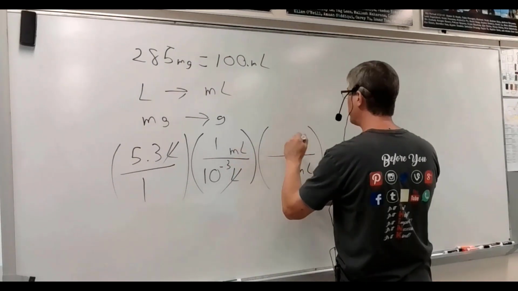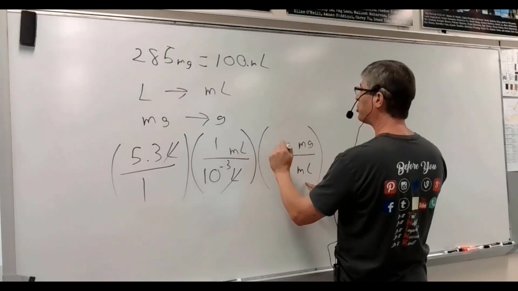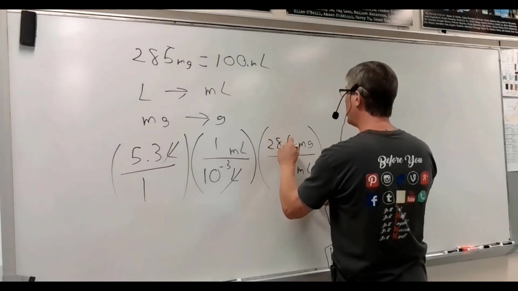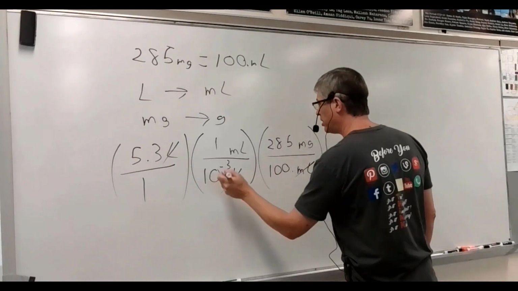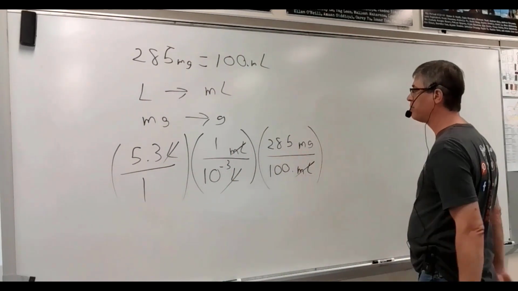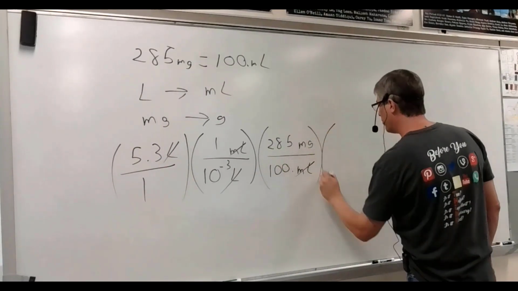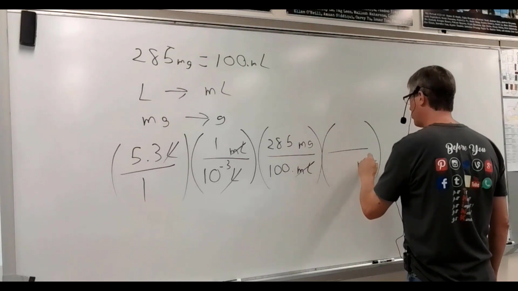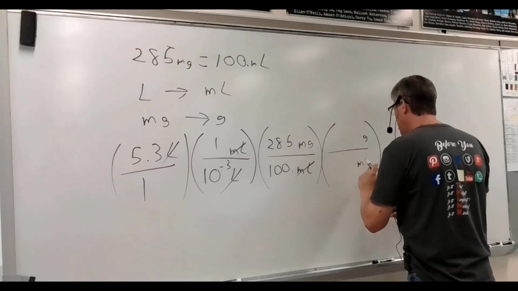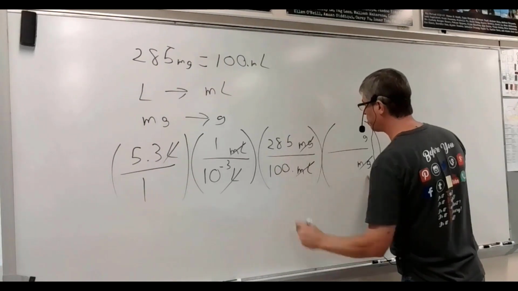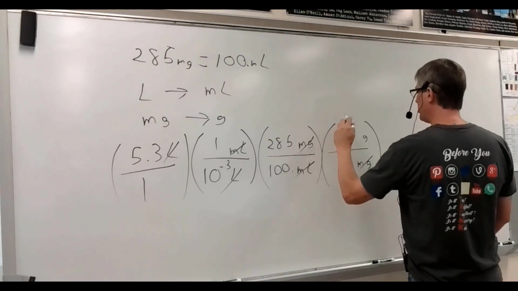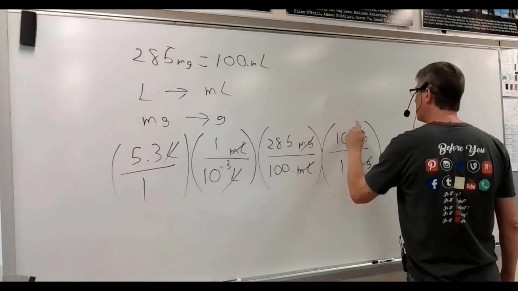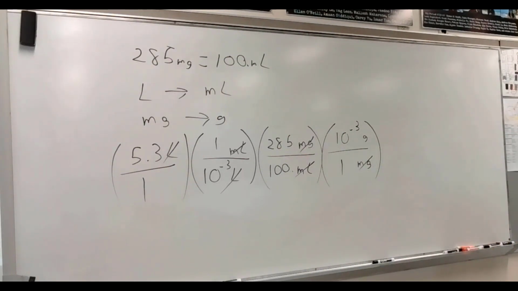Milliliters is going to cancel milliliters. Milligrams, so 285 milligrams in 100 milliliters. So there my milliliters cancels my milliliters. I am now at milligrams of cholesterol, and I'm going to convert to grams. Milligrams in the denominator, so milligrams cancels milligrams. The 1 goes with the prefix, so 1 milligram is 10 to the negative 3 grams. Take your fingers and stab at your calculators, and you should get